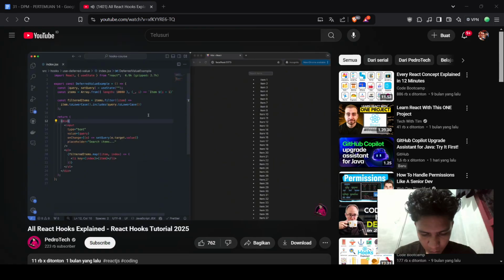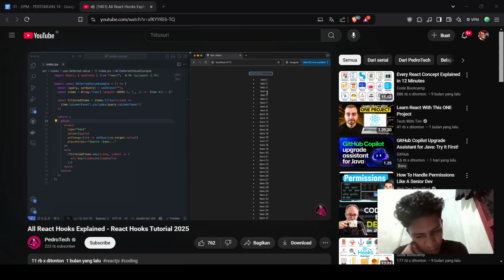It is specifically useful for smoothing performance when the current value is updated too frequently, like when you're typing on an input to search and filter for a list, and you're typing too fast, which makes the state update a lot, meaning that it might cause issues with the performance of how your components are updating. So the main characteristic of this hook is that it will allow React to prioritize rendering the urgent updates, like the user typing, but it would also delay less critical updates to avoid blocking the main thread